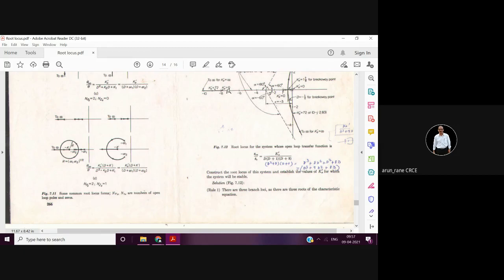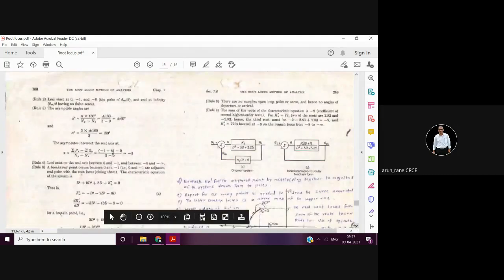If you stand here and look at the right-hand side, it's an even number, 1 and 2 poles. So no root locus from here to here. Now if you stand here, there will be three poles, so an odd number. So from here to here, there will be root locus. You got it? Do not hesitate to ask.